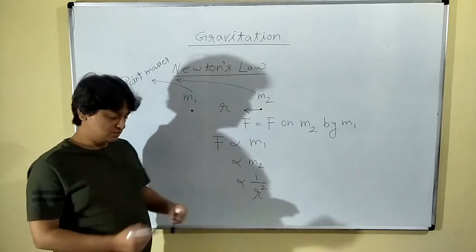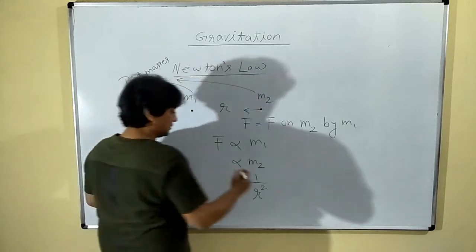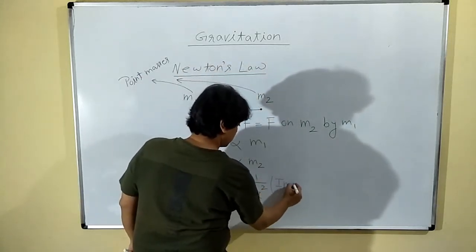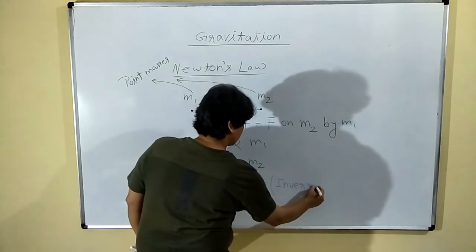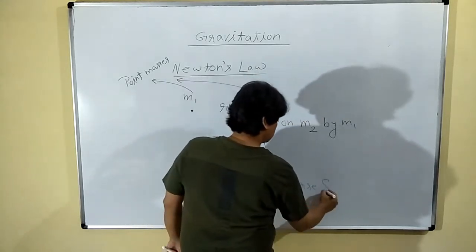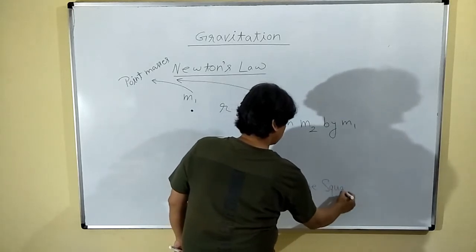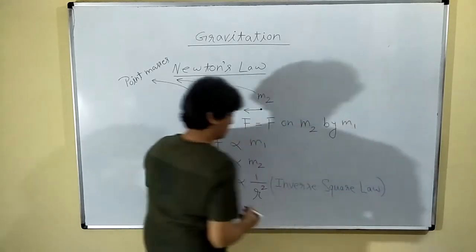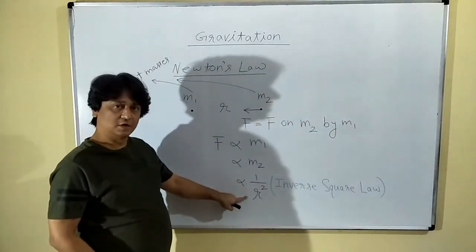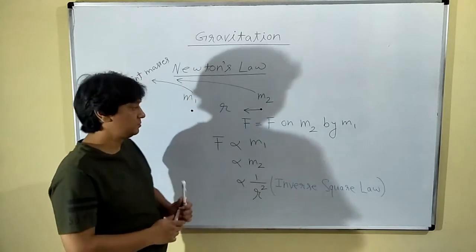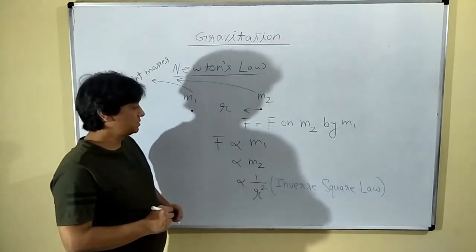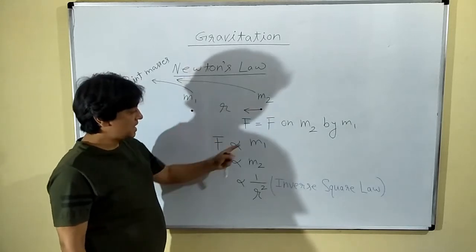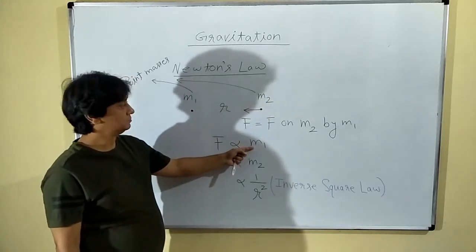And because of this, the law is also known as the inverse square law. What Newton found is that the force on m2 coming from m1 is directly proportional to m1, which means